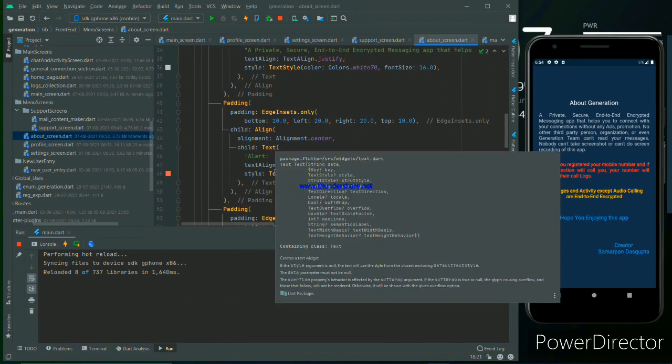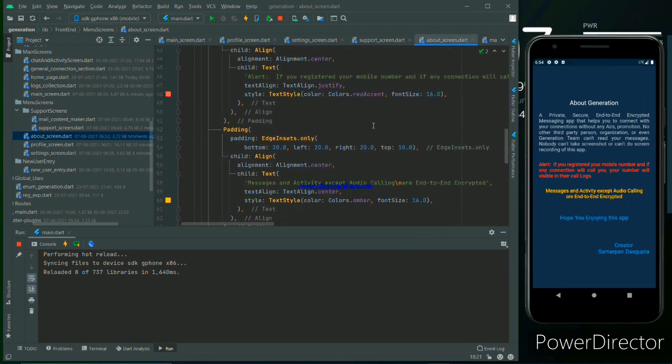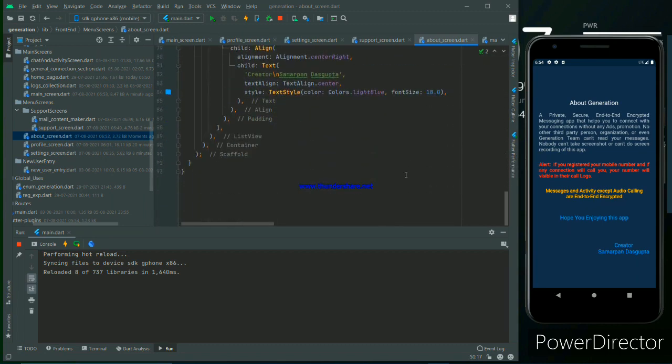And if you just see the code in my GitHub repo, this will be totally clear to you. This is not very complex, just a simple file in the whole project. The about screen is a simple file in the whole project that describes all the things about the app, and I also use some colors. This is really easy to understand, no need to explain here.